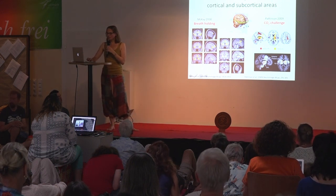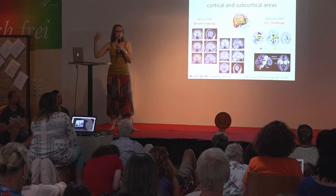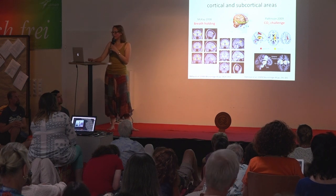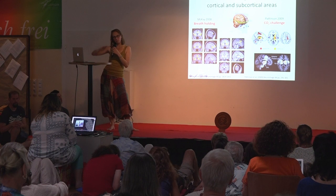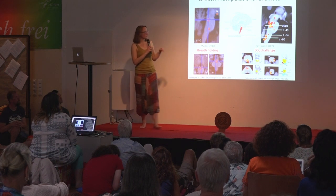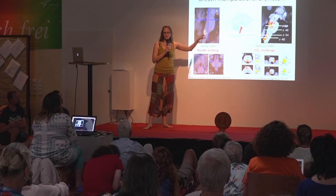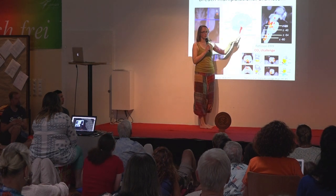So these are in cortical and subcortical areas. The cortical areas are the ones that have something to do with conscious, controlled, effortful activity, and subcortical areas are more related to emotional, more automatic responses. And then if we go one level below to the brainstem, they also looked at the brainstem, and I will just leave you with the images. So they did something there, but bear in mind, this area, this is the brainstem, it's down here. It's part of the brain,